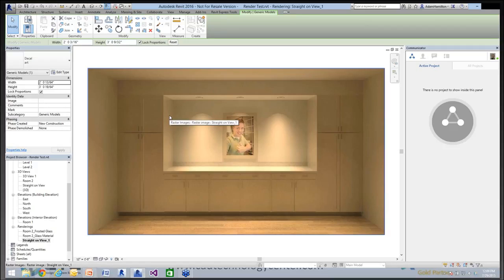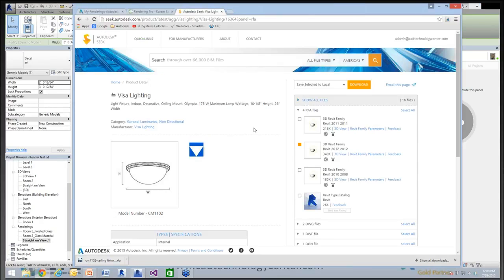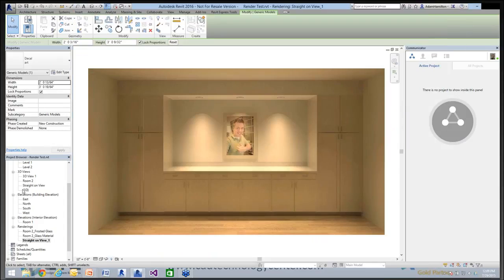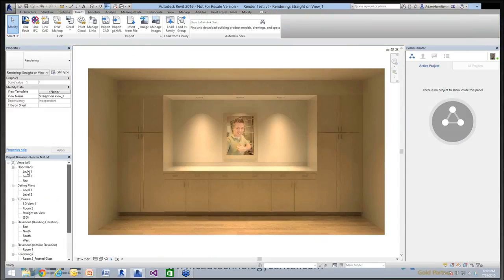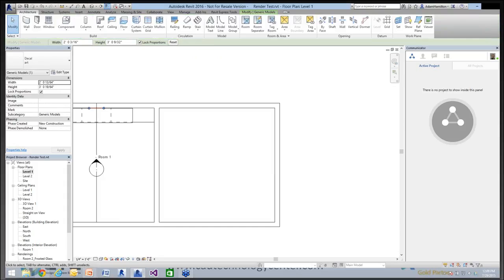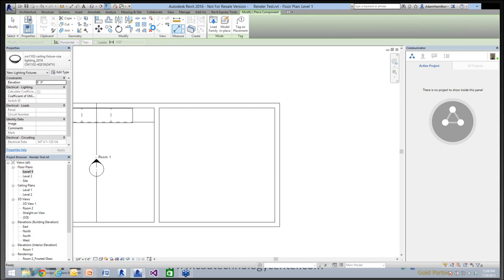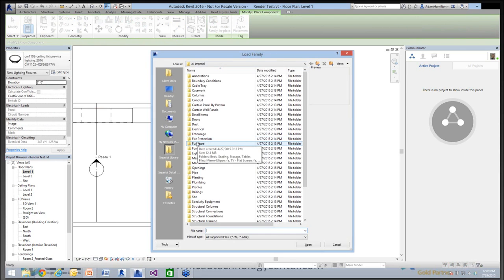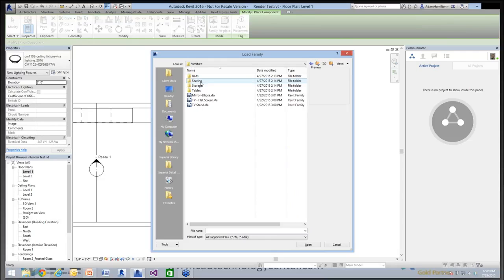Another thing about content is where do we get content? And so I have a web page brought up here, and here we have a couple different things. I have Seek available here, and Seek you're able to download and search through content. The Revit out-of-the-box content is adequate. However, the out-of-the-box content can be a little too generic, and so on the architecture tab, the component button, whether we're going to the library families and looking for furniture, the seating is one